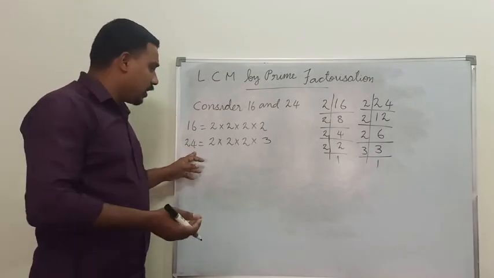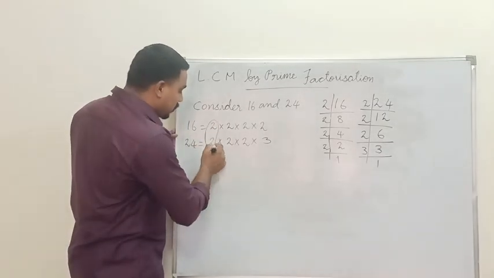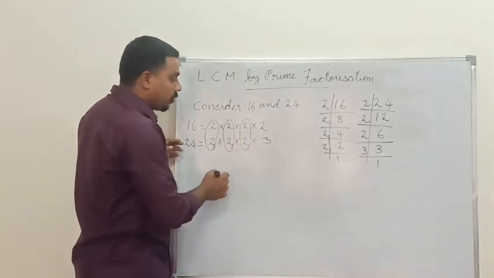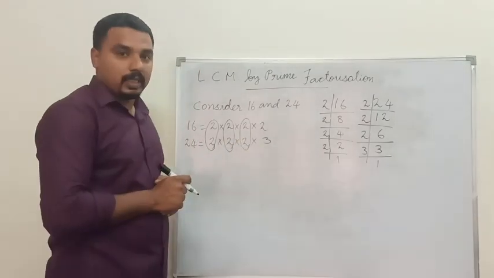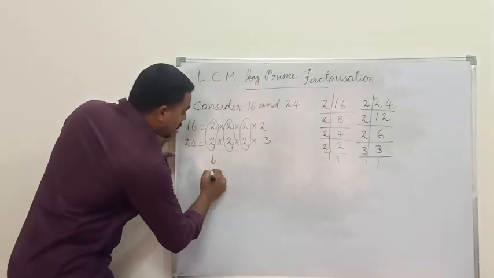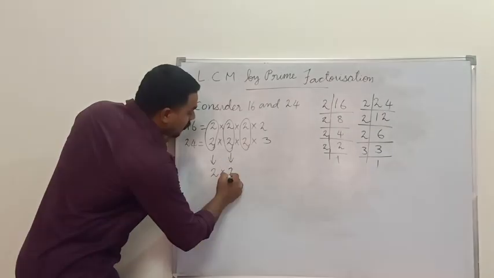Now what is the next step? We have to group the numbers. This is one group, second group and third group. No more groups are there, right? So among these groups, we have to take 1 from each. That means 2. Then we have to find the product. 2 into 2 into 2.